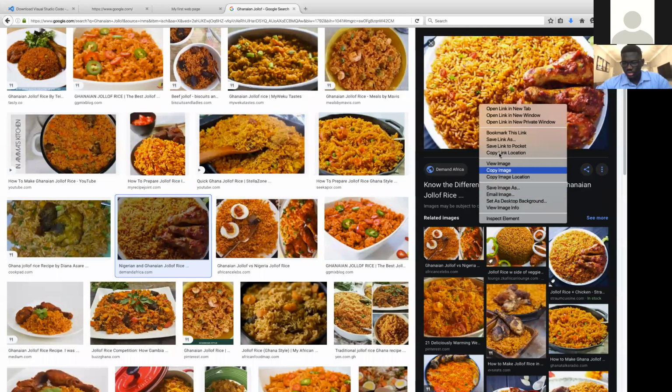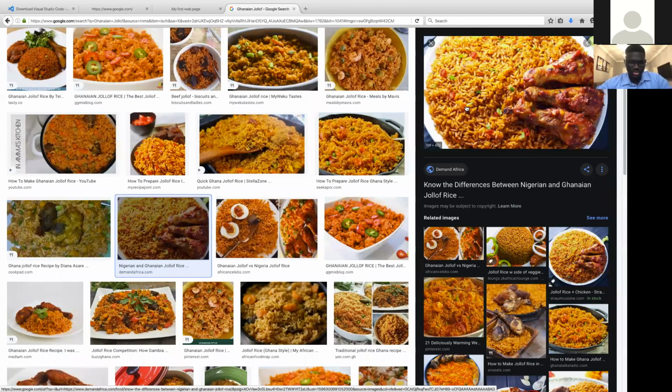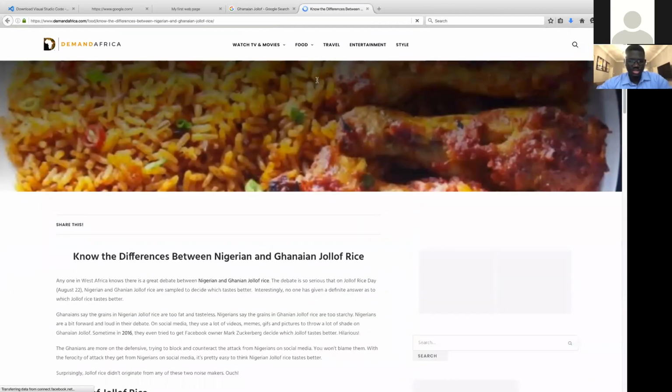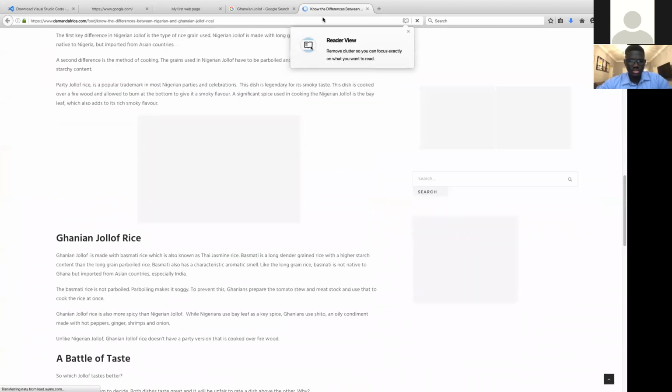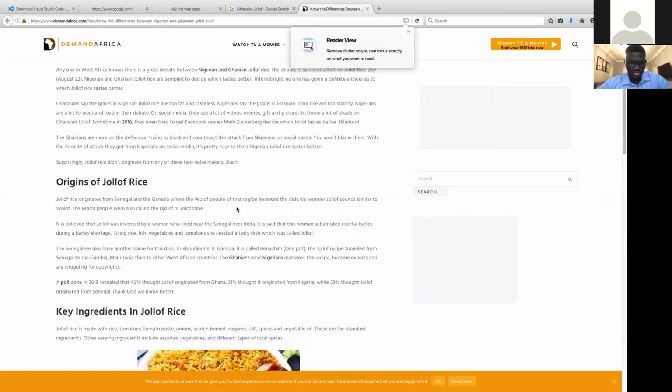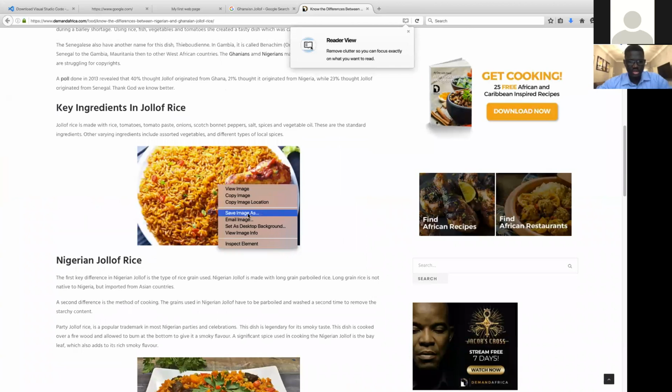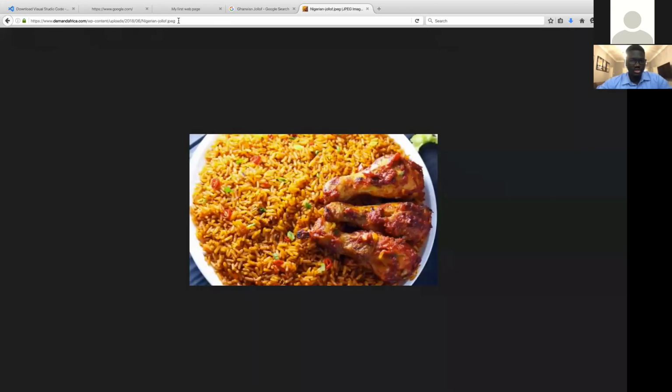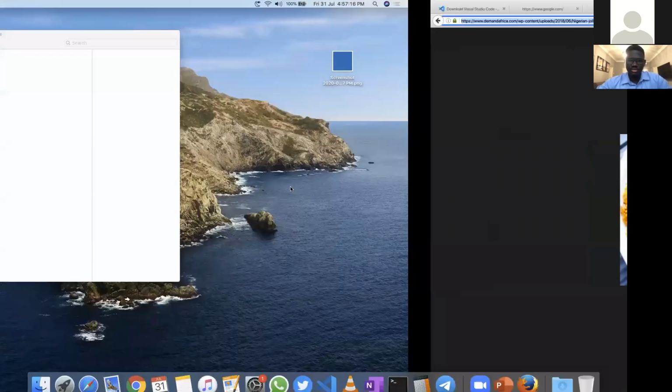So you can copy the image link. Oh, let me see. Let's open the actual page. By the way, this is not an advertisement for the owner of the page. Let's just know that we are just trying to borrow their image. Okay, at least we can still promote them a bit while we are doing that. So if you click on view image, you can copy the link and then come to